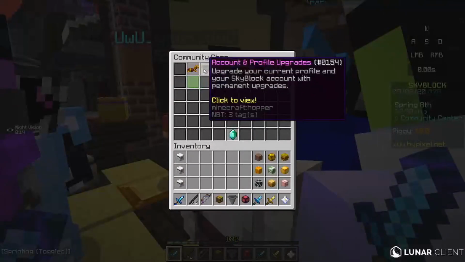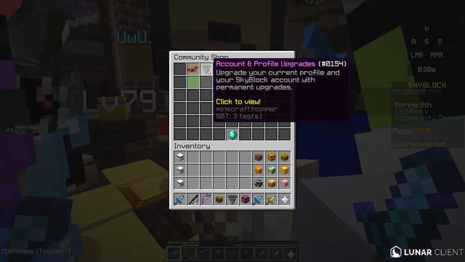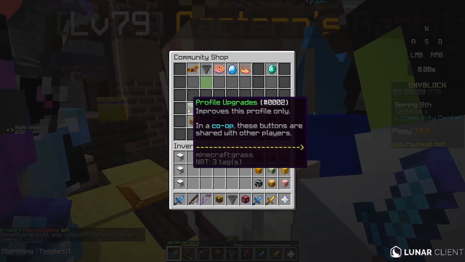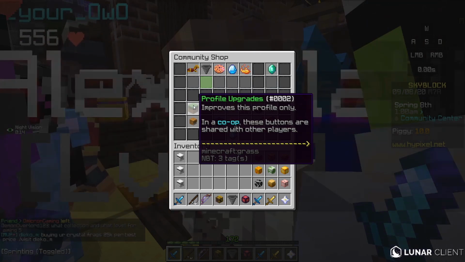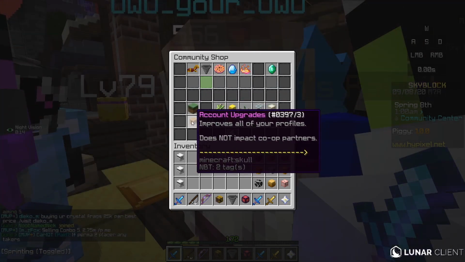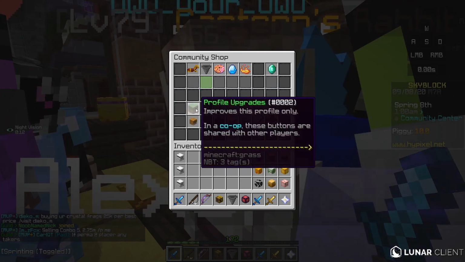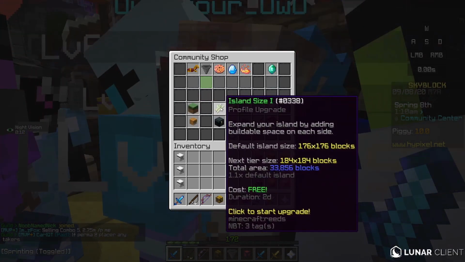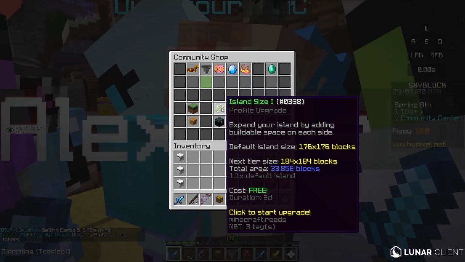The second tab in the community shop is the account and profile upgrades. Basically, there are 5 upgrades for this specific profile that you play on, and 5 upgrades across all of your profiles on your account. So the 5 profile upgrades are